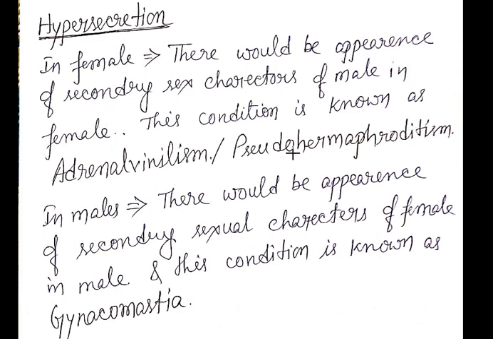So secondary characteristic, and this condition is known as, this is not virilism, okay, so it is adrenal, you write adrenal separately and you write virilism, V-I-R-I-L-I-S-M, okay. Adrenal को अलग लिखना, virilism को अलग लिखना, right. So that condition is called adrenal virilism. और pseudo hermaphrodites, और क्या बोल सकते हैं उसे, pseudo hermaphrodites, ठीक है.